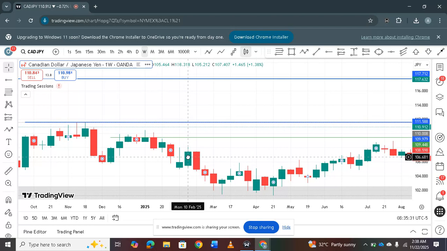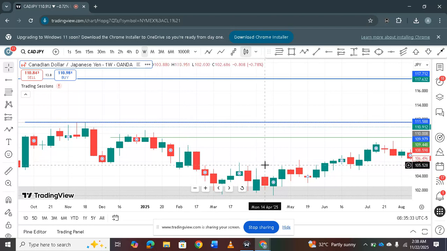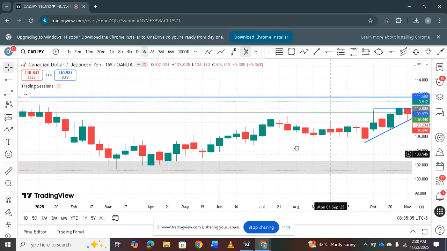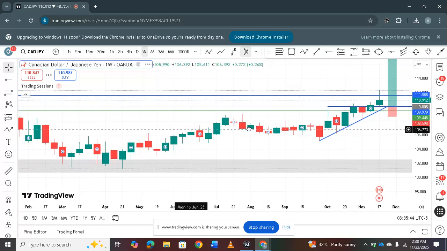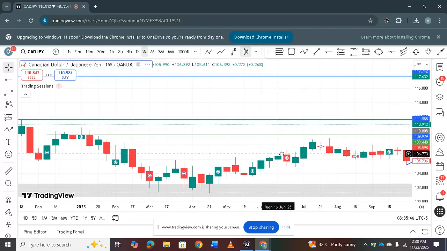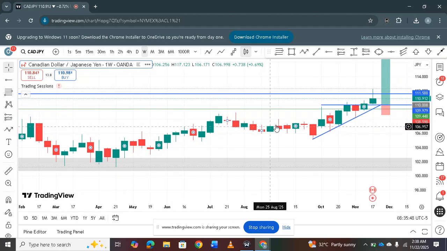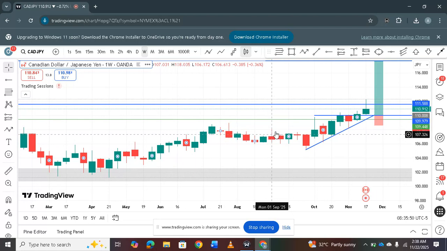I think for now, what I will say is this. On the weekly, so it's always good to pay detailed attention to everything. This line will remain for now. On the weekly,